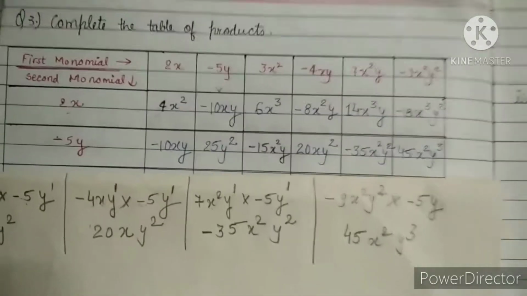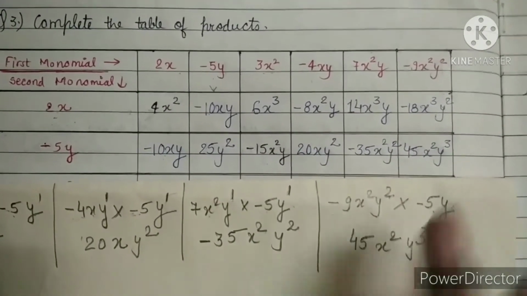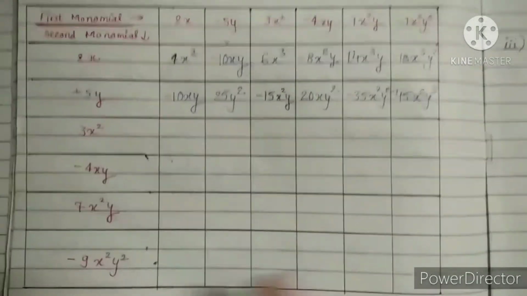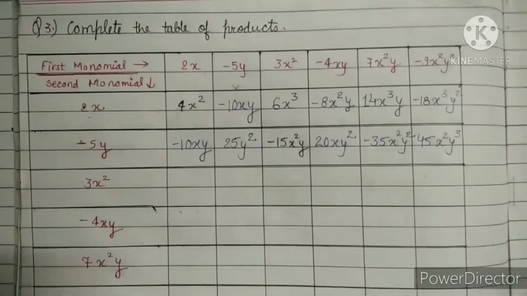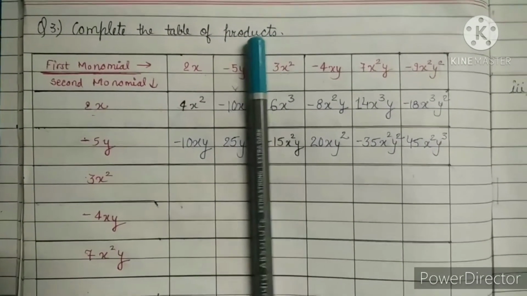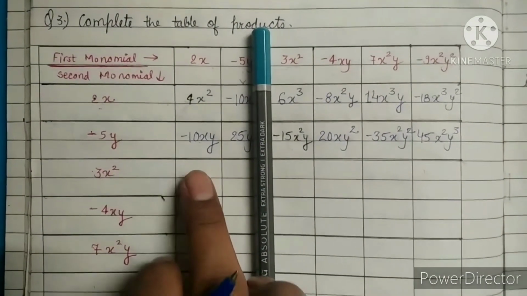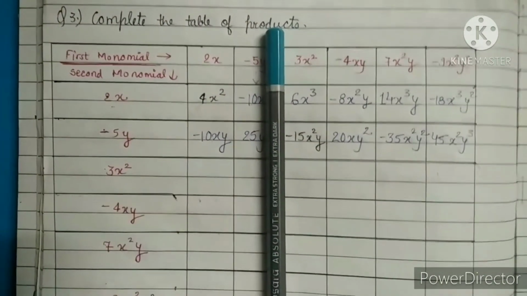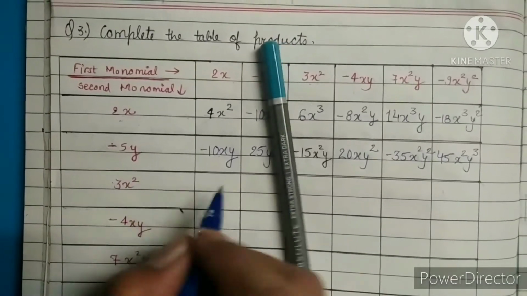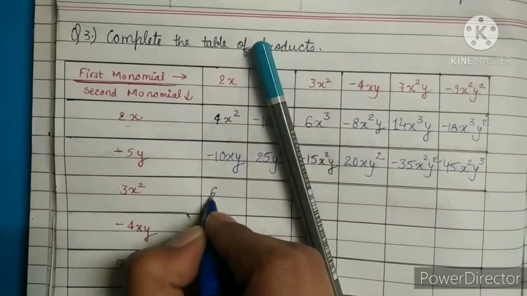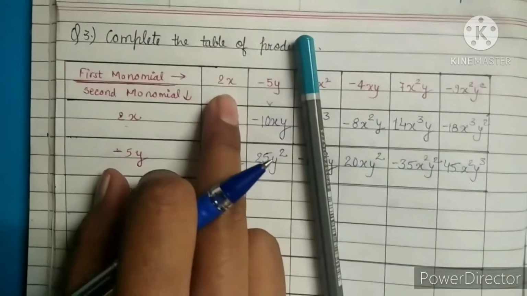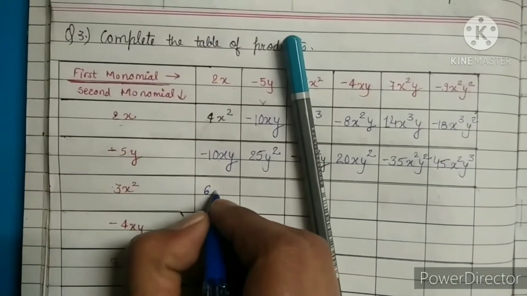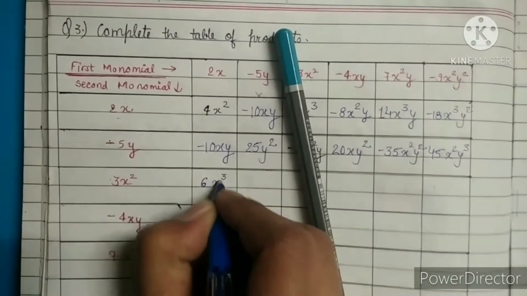Now this we did in a very proper manner. Now we will do the 1, 2, 3, 4 rows directly. How can we do it directly? I am putting one pencil here, because I have to do this cell. This cell is made by the intersection of 2x and 3x square. So 2 3s are 6. Here x is to power 1 and here x is to power 2, so 2 plus 1 is 3. It means in the answer x is to power 3.